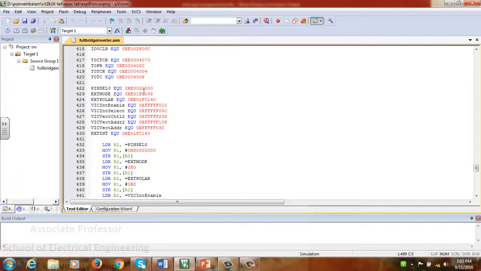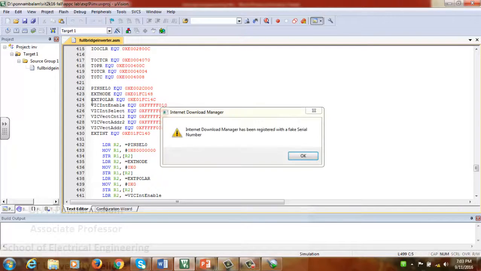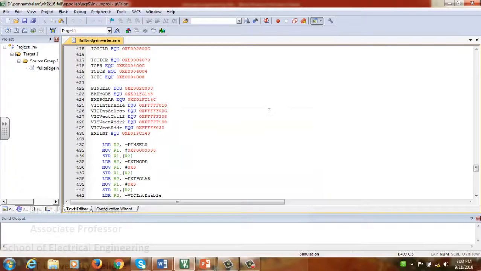PINSEL0 is the register wherein we'll be putting a value to specify which interrupt I am activating and to which pin I am connecting it. Then external mode and external polarity: here we'll be specifying whether I am going to use level sensitive or edge sensitive mode, and if it is level sensitive or edge sensitive, whether it is going to be active high or active low, or rising edge active or falling edge active.